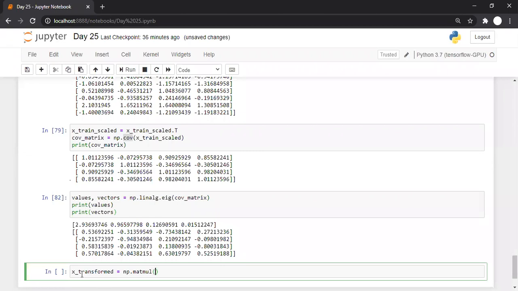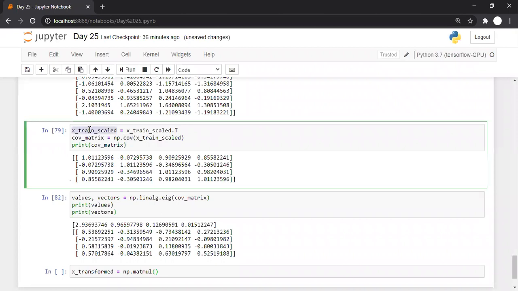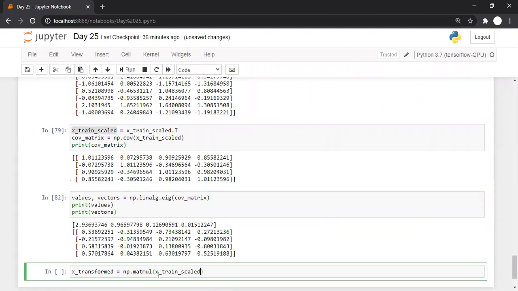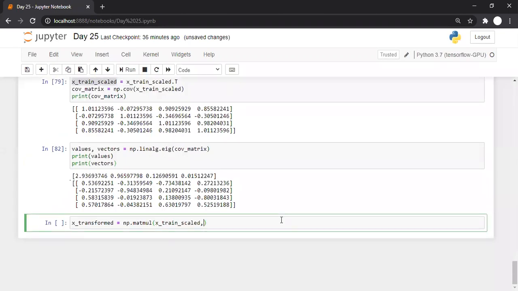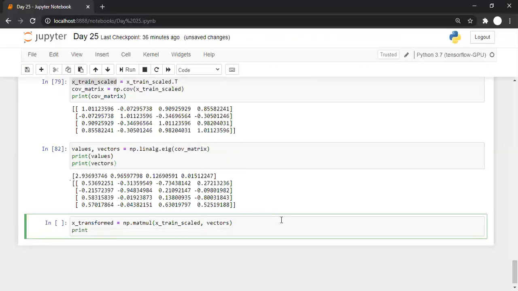The first value is our scaled features, so we are going to multiply the scaled features with the vectors, and what we will get is the x_transform values.